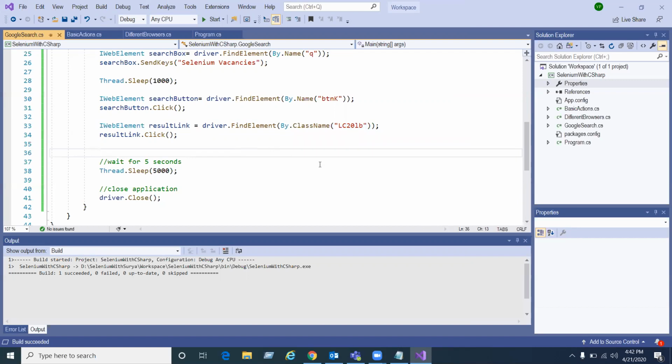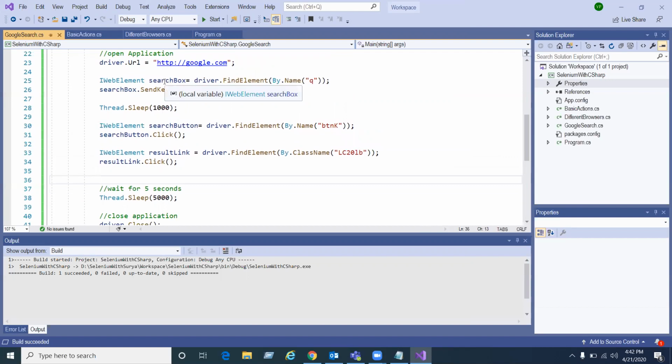Now what we are doing is, for each element, I am writing 2 lines of code. Conceptually this is good, and you can perform the same automation like this. But because of this, instead of 3 to 4 lines, your code will become like 10 lines of code.